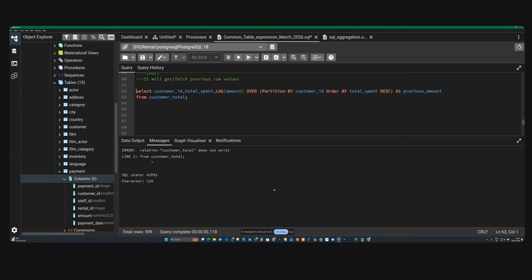Okay, select customer ID. Then we have payment date, right? So I'll use the payment date. If you see here, we have payment date. Okay, I'll use these two for now, and then I'll use lag on the amount column over partition by customer ID,